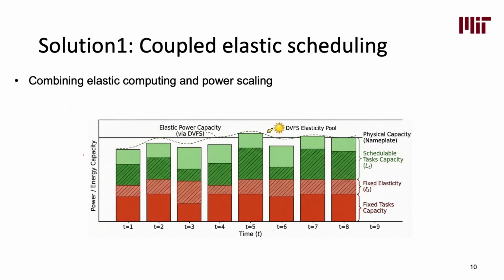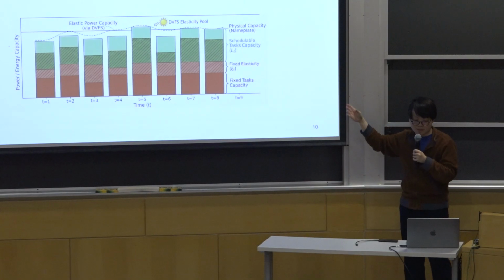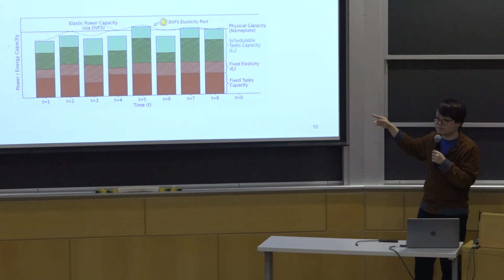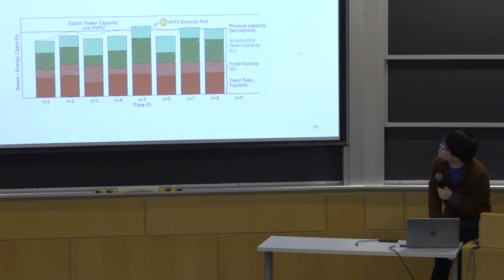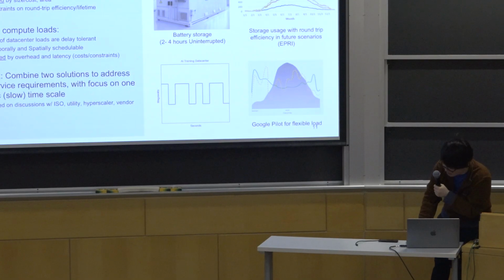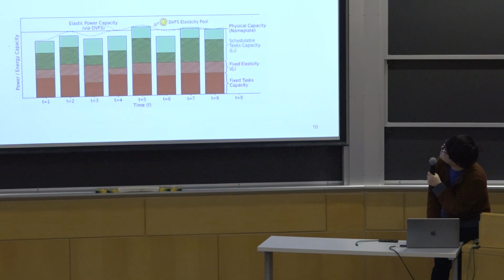There are some additional things we can do, because we figured out that those are actually not enough. They probably only provide less than 10% of flexibility. So can we do better? The answer is yes, because the system itself is also kind of elastic. Here's a very simple example I can show.